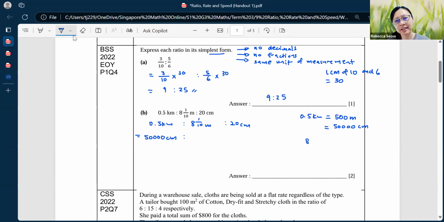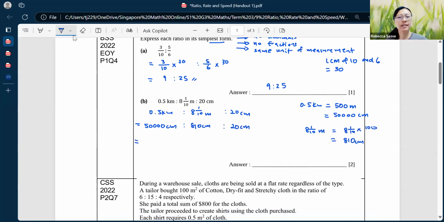Next, 8 and 1 out of 10 meters. In order to change it to centimeters, we convert it by multiplying it by 100. And we get 810 centimeters. Finally, 20 centimeters is left